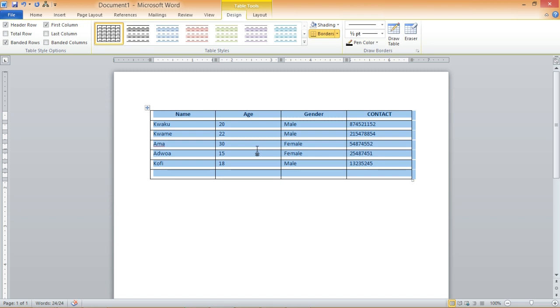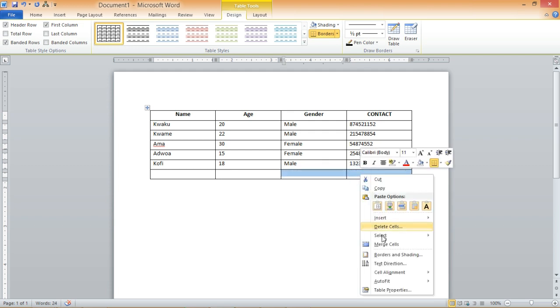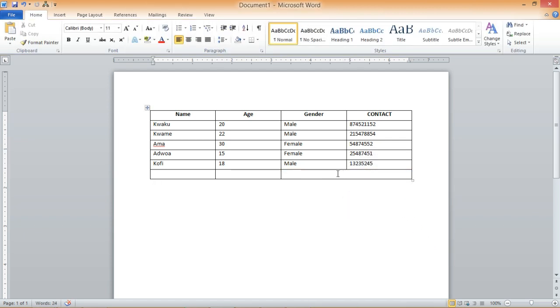Okay, then our next thing to talk about is merging two cells. Let's say we want to merge this empty cell and this one. There are two ways that we can do it. You can just select both cells, right click and choose merge cell. Very simple. So with this you can merge any number of cells that you want. Or